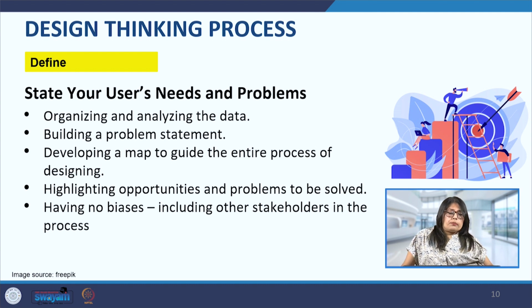Now, a few of the key activities in this step are, first, to synthesize the findings. Review the data that we have collected in the empathize stage and identify the patterns, themes or insights that may be arising out of that stage. Then another method that we use is designing the persona. Here we are creating a fictitious character of the user, so that we are able to see their behaviors, needs, pain points, and the particular demographic. That is another key activity.